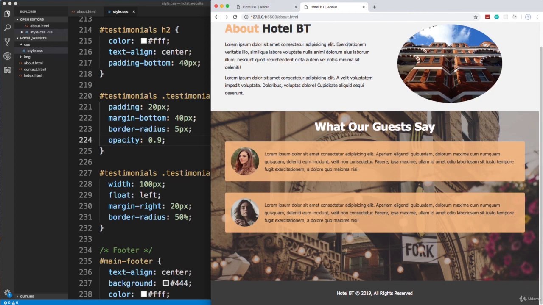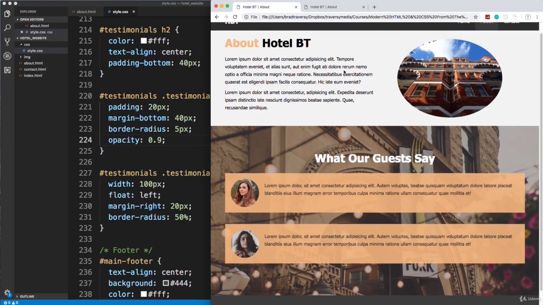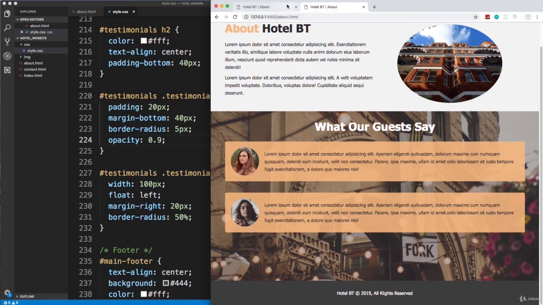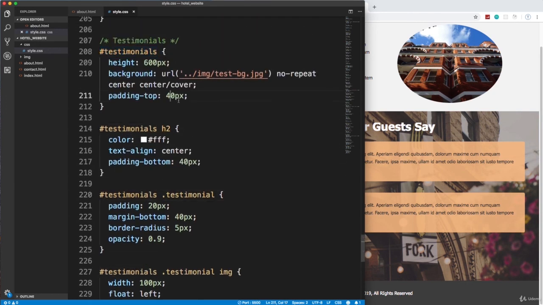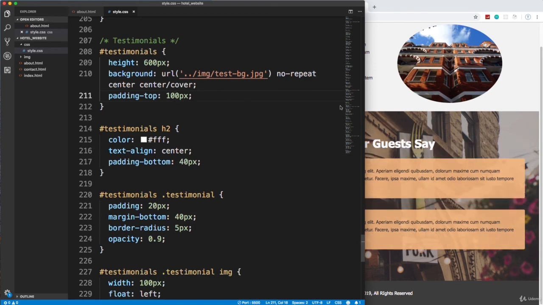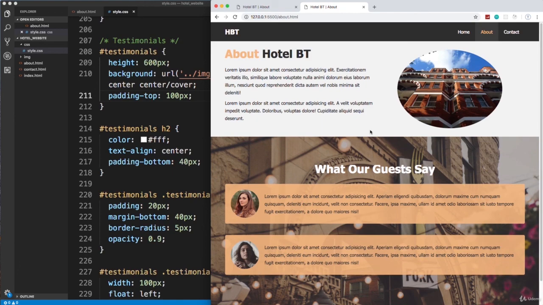So I think that's it. Yeah, that looks pretty good. Let's compare it with that. Yeah, so that's good. Wait, why is it off? Did I miss some padding? I think I did. Let's see. Oh, you know what? I had 100 pixels padding on the top. There we go. Okay. So that's our about page. I mean, there's not a